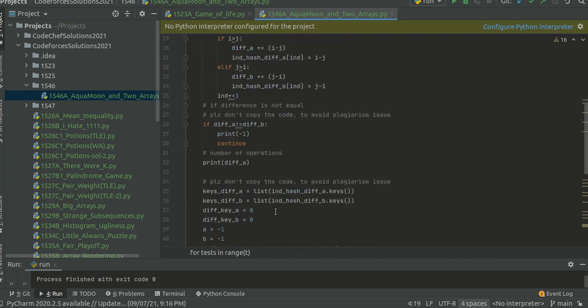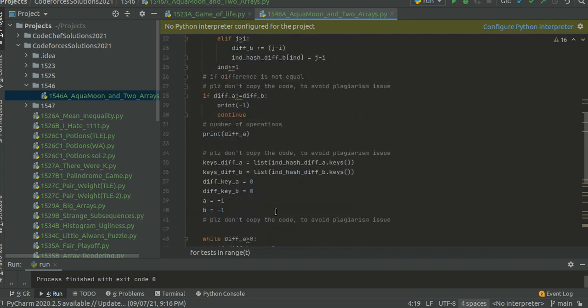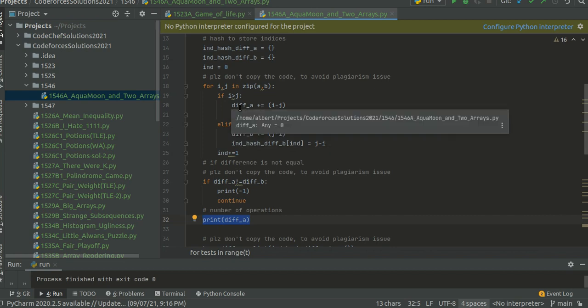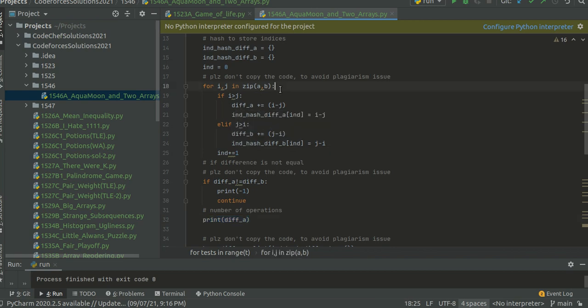In order to get the number of operations I am doing this. We can also make a separate value and add it outside the loop, outside this if else condition, and if the value is 0 then the solution exists, and if the value is not 0 then we print -1. So we are doing it separately: if A is greater than B, then we take this.